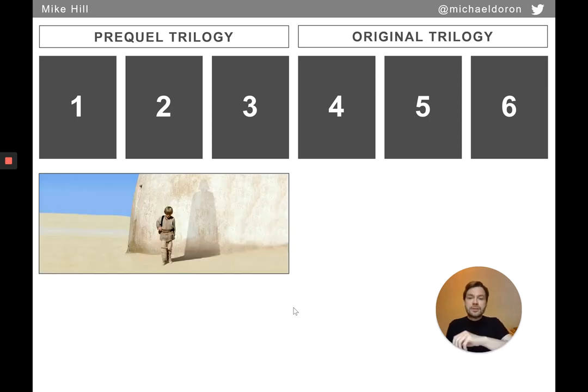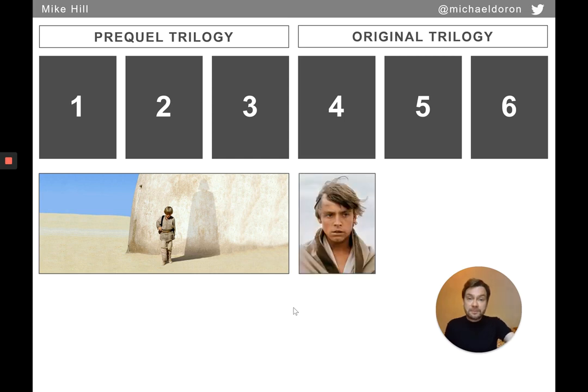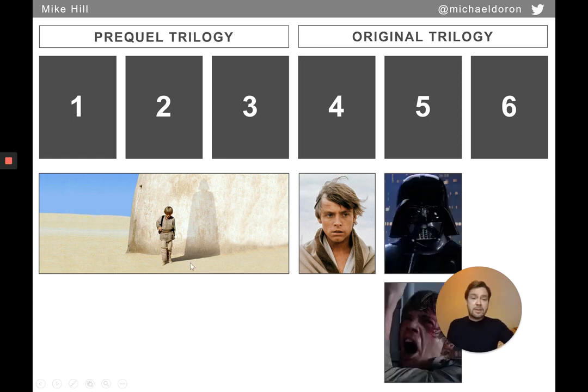And the first 3 films of the prequel trilogy tell the story about this young boy called Anakin Skywalker, who over these 3 films becomes a kind of fascist supervillain called Darth Vader. That's it. That's the prequel trilogy in a nutshell. In the original trilogy, we follow the story of Anakin's or Darth Vader's son, who doesn't know who his father is. He joins this rebel group, and then the 5th film has this epic showdown with Darth Vader.